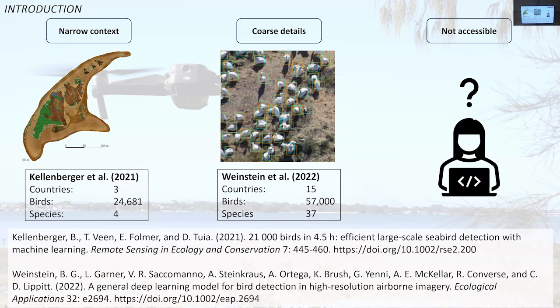And we know that for conservation, we really need more detailed information than that, so we can target our conservation to specific species that might be more threatened. So what we need to start doing is making these tools be able to provide more fine-scale details, like what species the birds are, maybe roughly what age they are, maybe they're a juvenile or an adult bird, information like that. So that's kind of the second barrier.